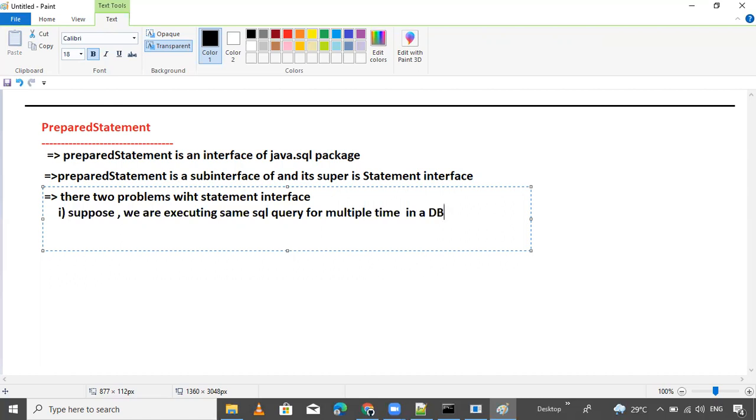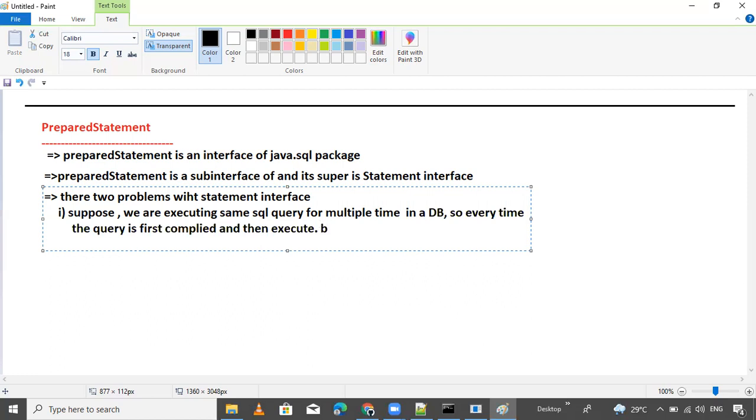So every time the query is first compiled, and then executed. This is the reason. If you execute the same query multiple times, then first compile, then execute.